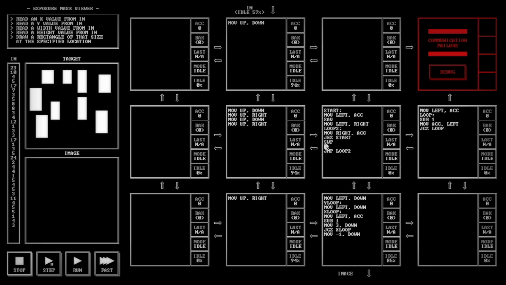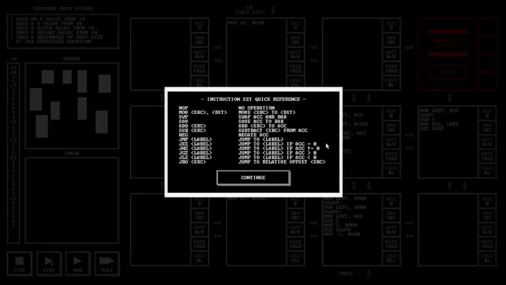Wait a minute. Is 0 less than or equal to 0? Oh,